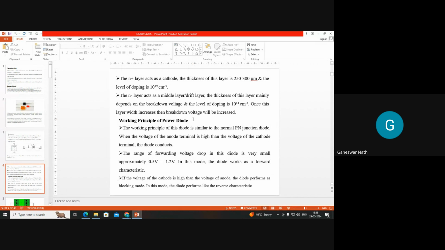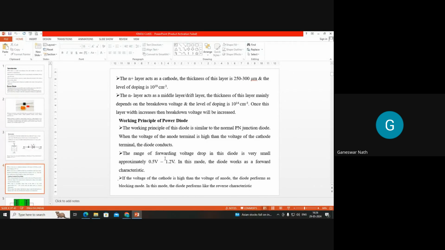So every diode has a breakdown voltage. Breakdown voltage means up to what particular voltage it can sustain, and after that the current may drop. Okay, so this is the construction, how you can make a power diode. Then coming to the working principle,